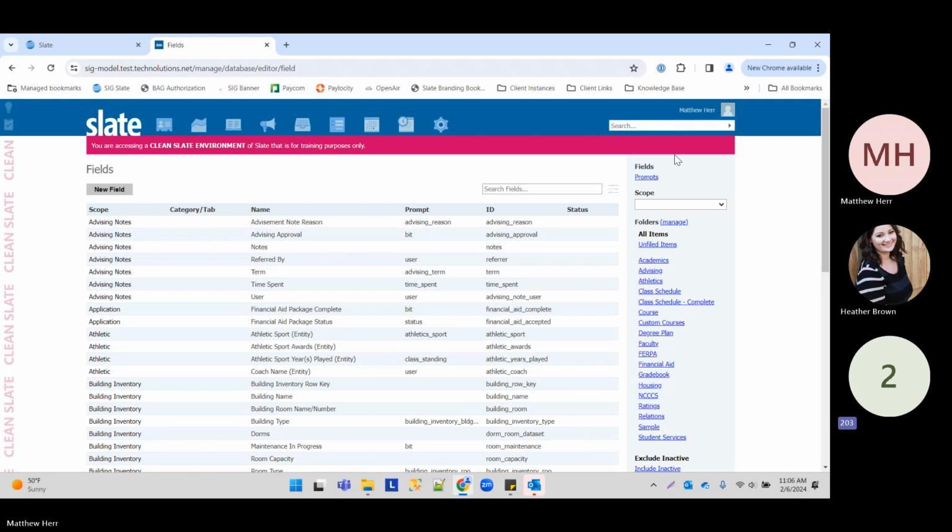Think of an Excel spreadsheet. Your field is the cell that's going to hold that data. Your prompts are the data that is validated behind the scenes. When you're building data, I would always recommend building your prompts first. It's just going to make your life easier. Build your fields second. Sounds a little counterintuitive. Yes. And start yourself a spreadsheet